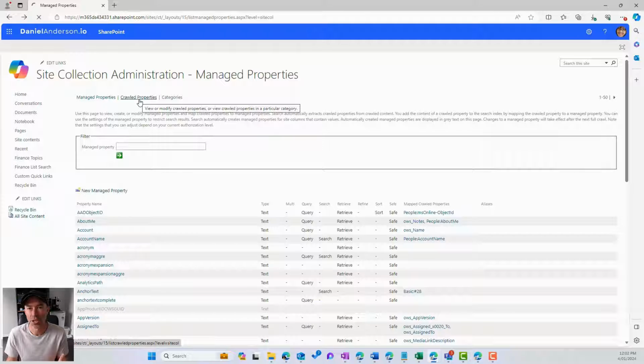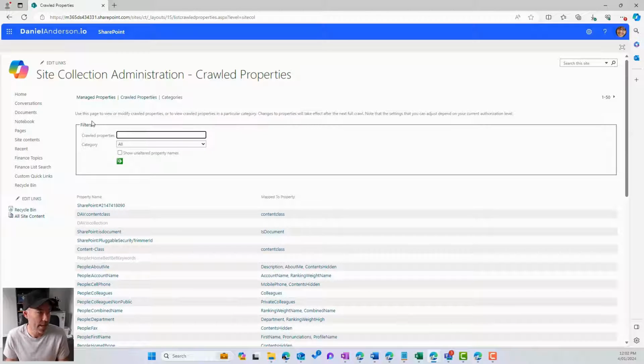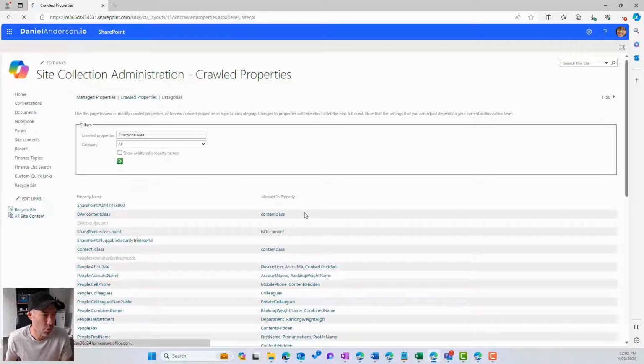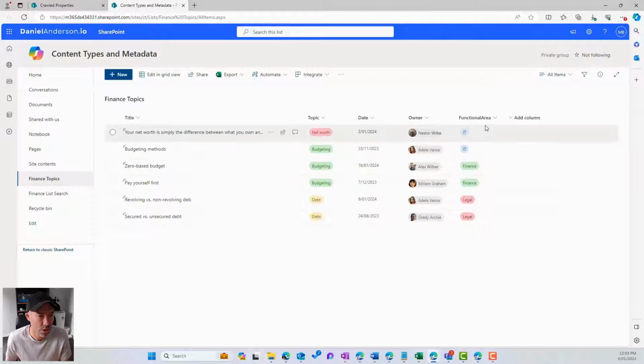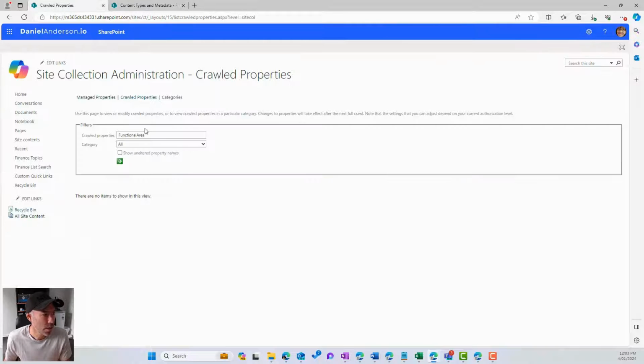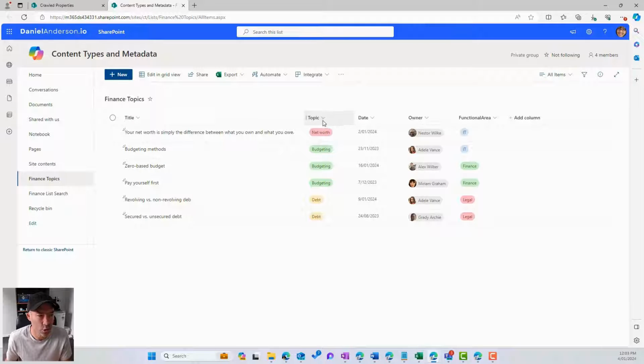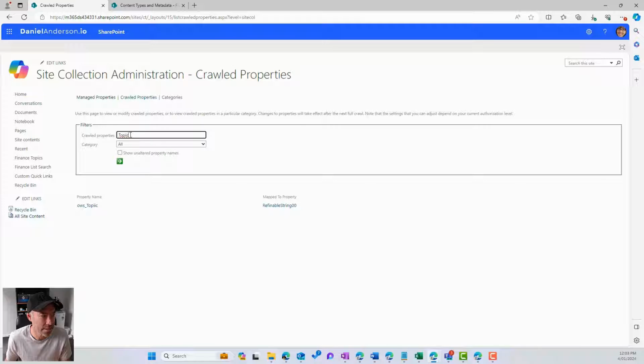All right. Initially, that new column that we called functional area will be a crawled property. So let's have a look, and we'll do a quick search here and see if we have our crawled property available yet. So we'll do functional area, but it's not there yet. Let me just jump back onto this list and make sure that I've got the right one, I do. One other one that we can check, because this has already been done, is our topic. We've got a column here that we've called topic. And if I look for this crawled property, you can see that I've got this crawled property called